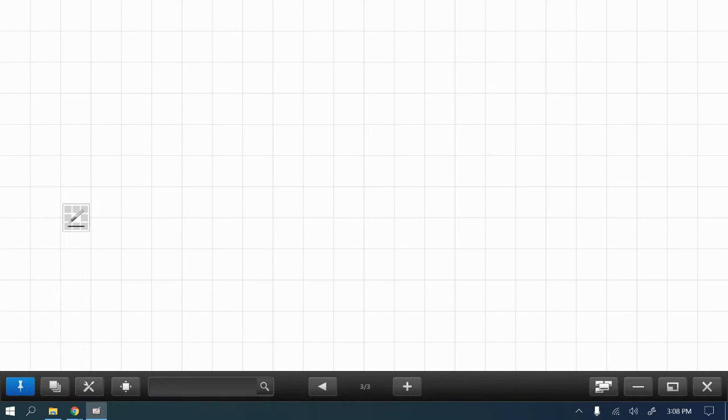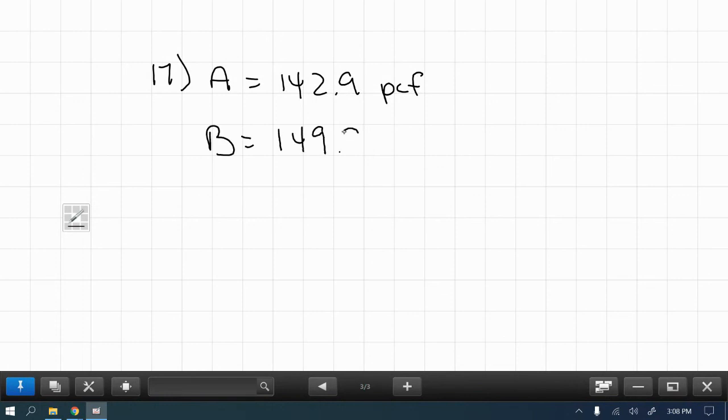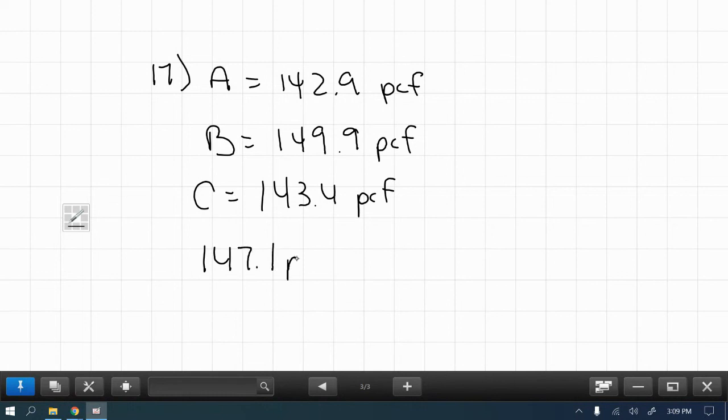So what would happen is they would probably do 3 cores and bring them in, and we want to compare them to the lab. So they would do 3 cores of the asphalt. They're going to bring them in. So this is 17. So they've got an A, a B, and a C. And it says determine the percentage of compaction if the laboratory density of the mix was supposed to be 147.1. So typically,